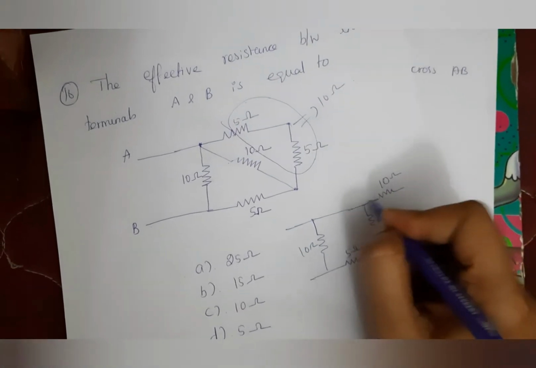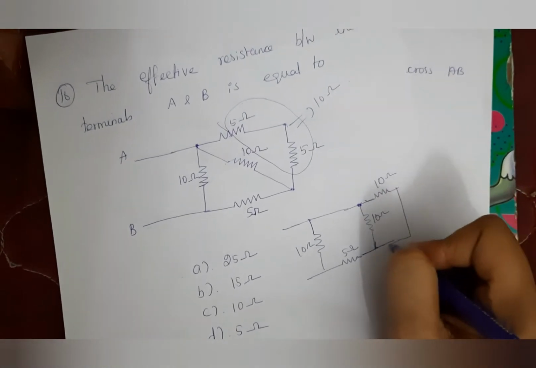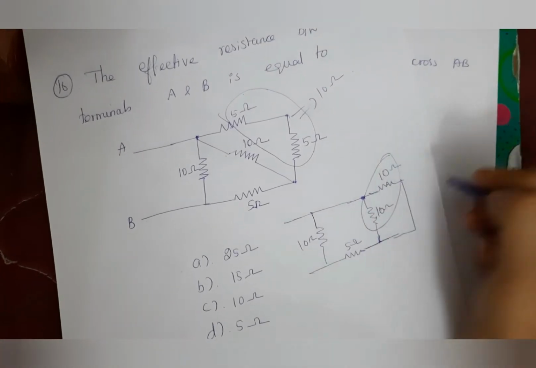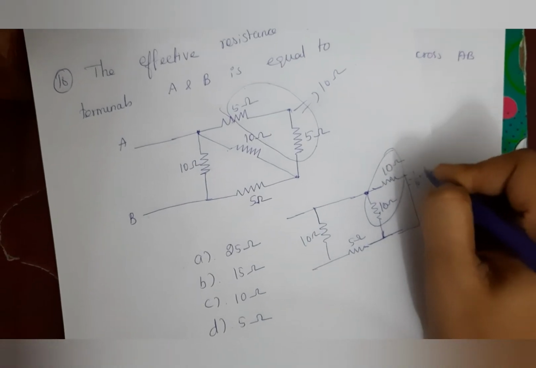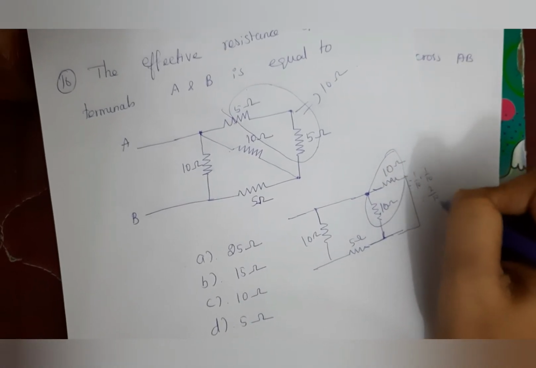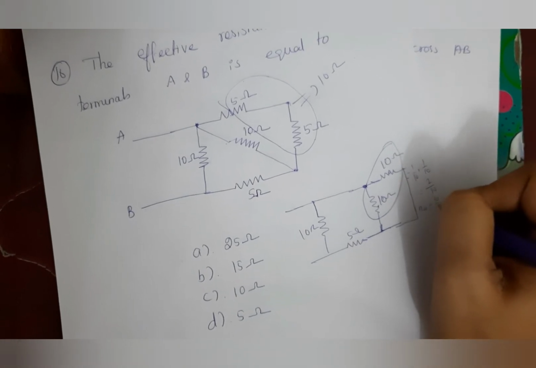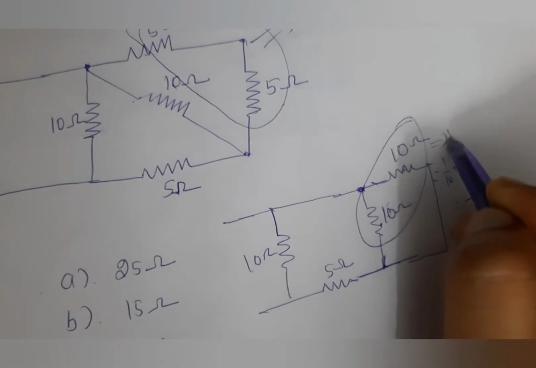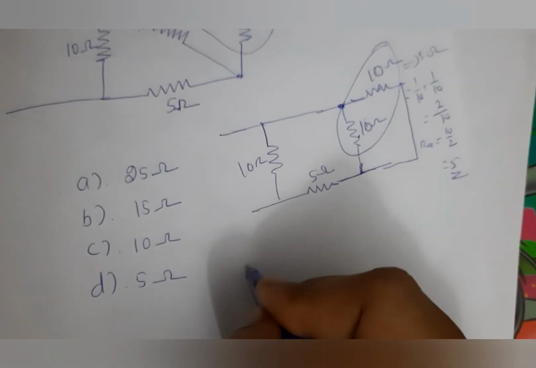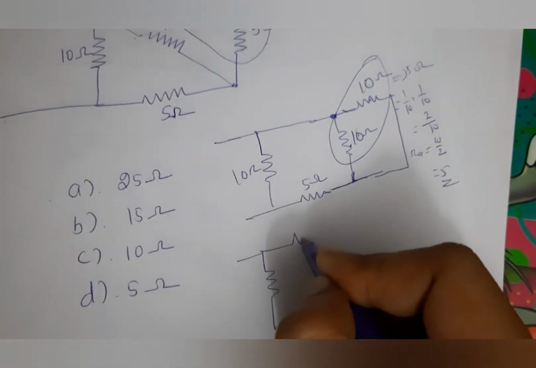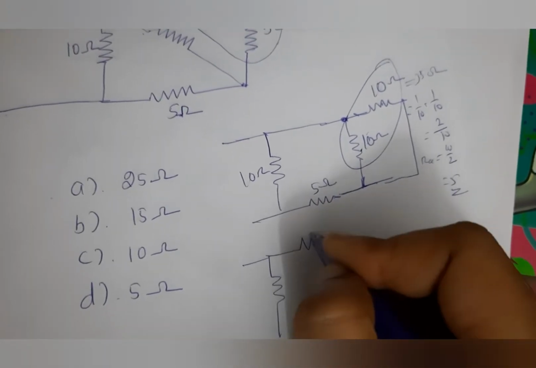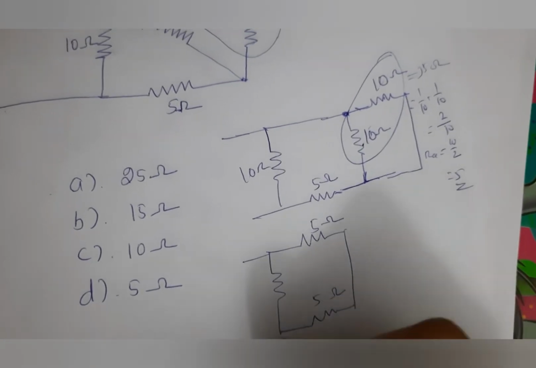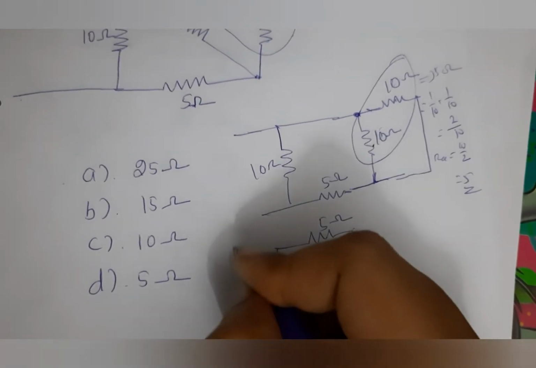So after the 5 ohm, before this 10 ohm, this is the point. So now these two are parallelly connected, so we will reduce this, we will get 1 by 10 plus 1 by 10, that is 2 by 10, and our equivalent is equal to 10 by 2, that is equal to 5. So now this is equal to 5 ohm. So now we can redraw this as, this becomes 5 ohm and this becomes 5 ohm, and this is 10 ohm, and this is A and B